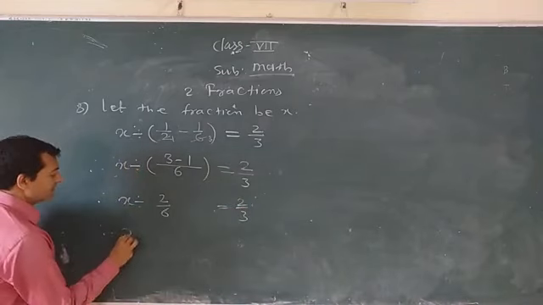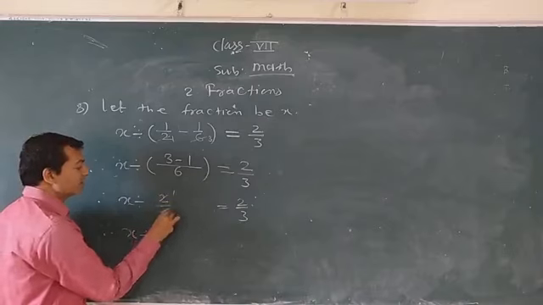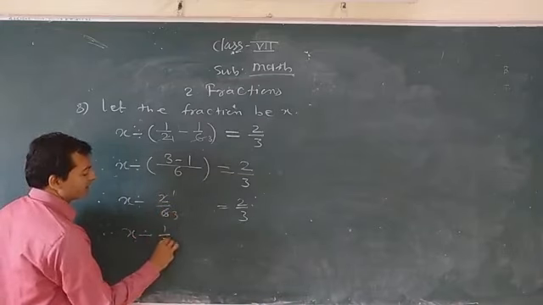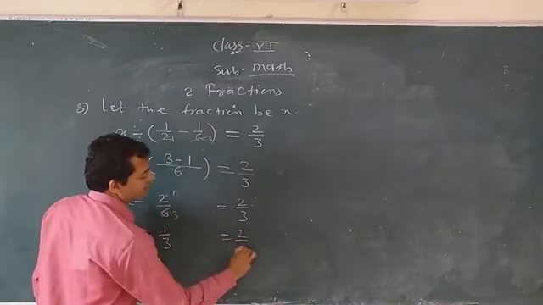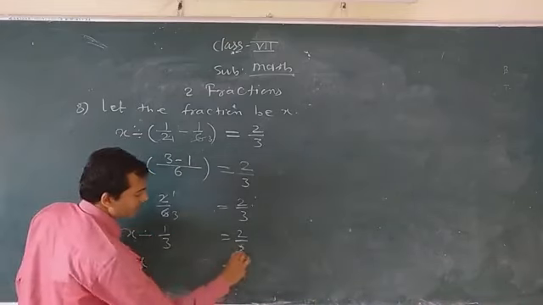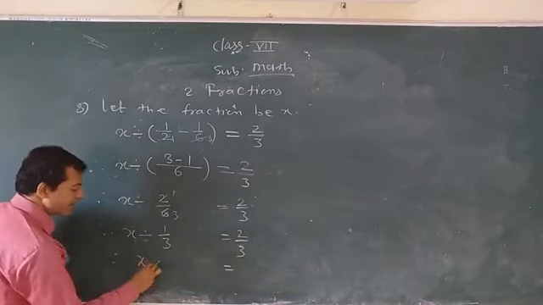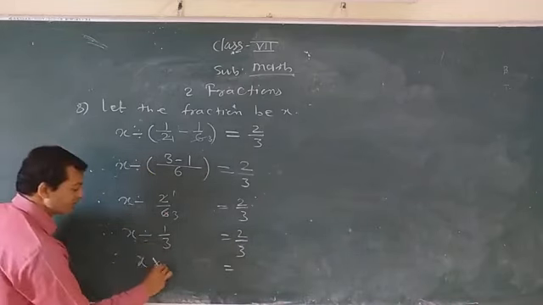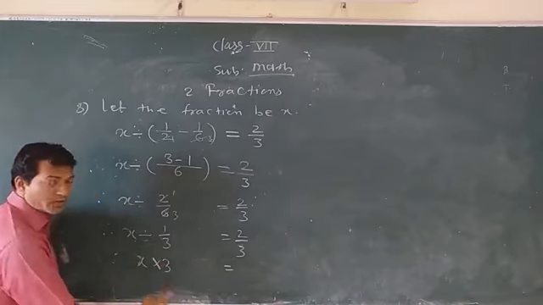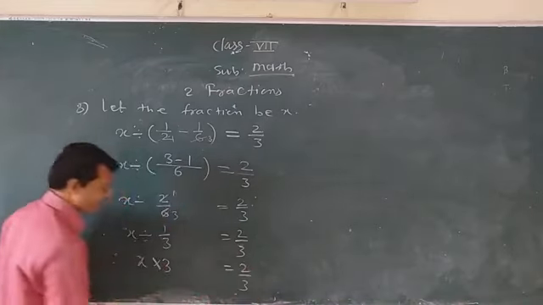Okay. Now x divided by 2 by 6. You can simplify this one. 2 ones are 2, 2 threes are 6. Means you can get 1 by 3 is equal to 2 by 3. Now x divided by 1 by 3. Division sign is here. Okay, x into, you have to write the reciprocal of this number, 3 by 1. So no need to write 1 here, because x into 3 is 3x only. This will be equal to 2 by 3.